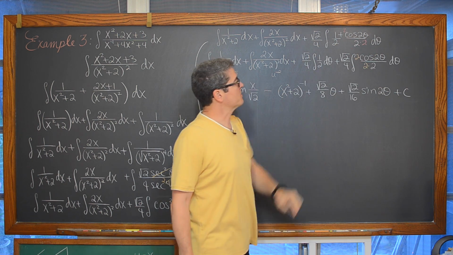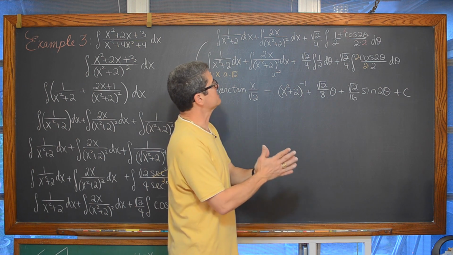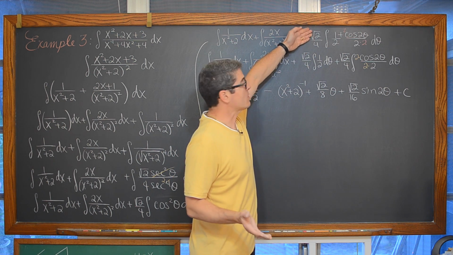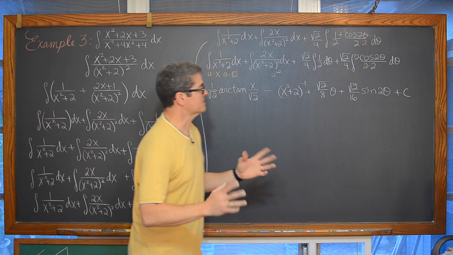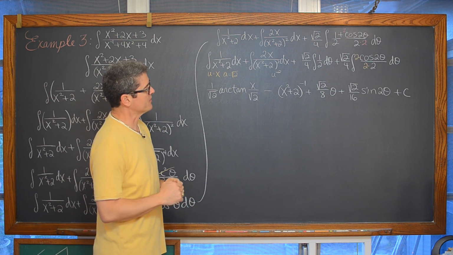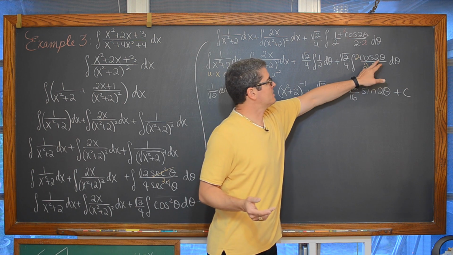We wrote 2 separate integrals, and yes, I forgot to carry that. Either carry the square root of 2 over 4 to each of those integrals or wrap the whole thing in a set of parentheses. So I've gotten myself into a bit of a pickle there. But still, we have our inside function.